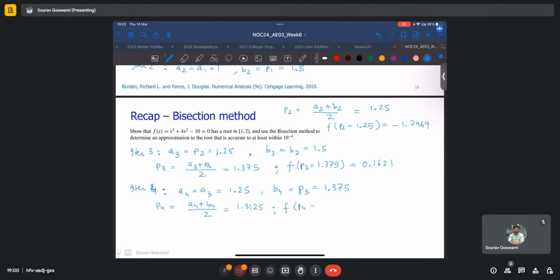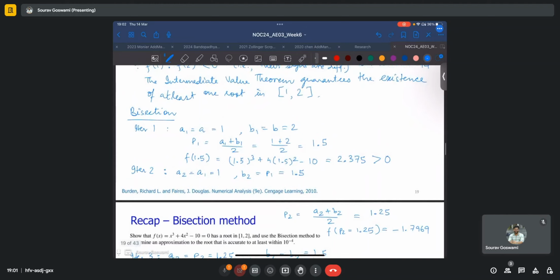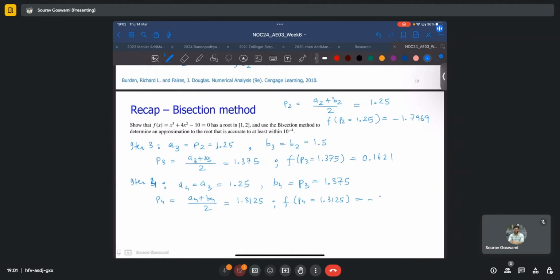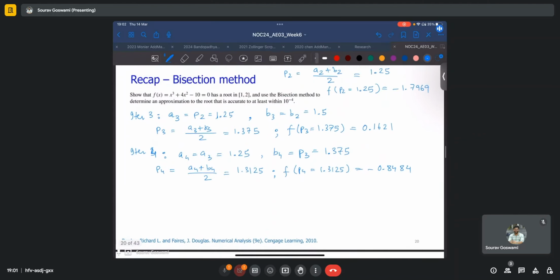The value of the function at this point, 1.3125 cube plus 4 times 1.3125 square minus 10, which is negative, minus 0.8484. And if we are to continue doing these iterative steps, hopefully with a computer, we'll find that,